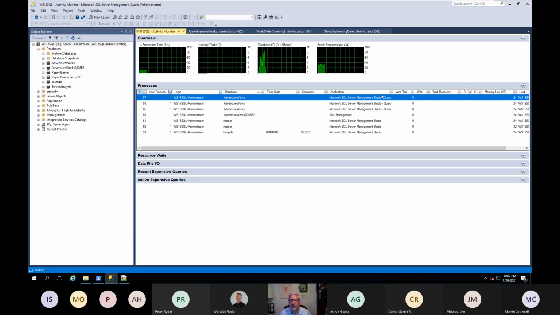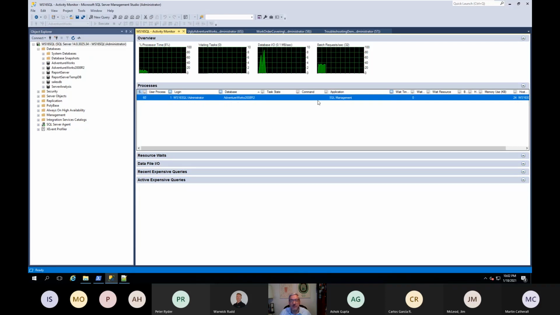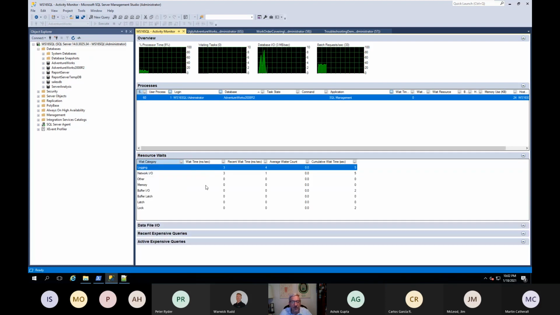So I have different applications, so I can just say, okay, what's coming from SQL management? Well, it's just this one, right? So I have that ability to get rid of the noise and focus in on what it is I'm specifically looking for.